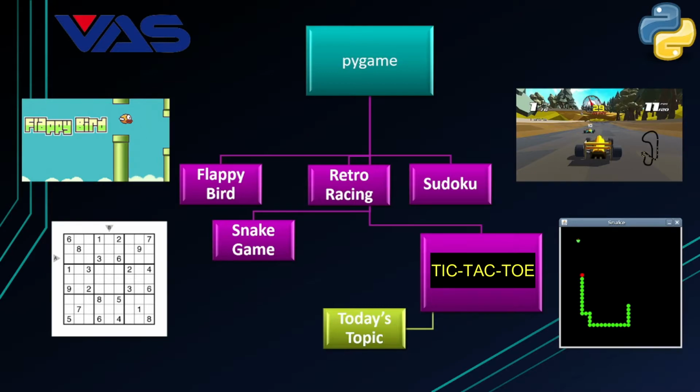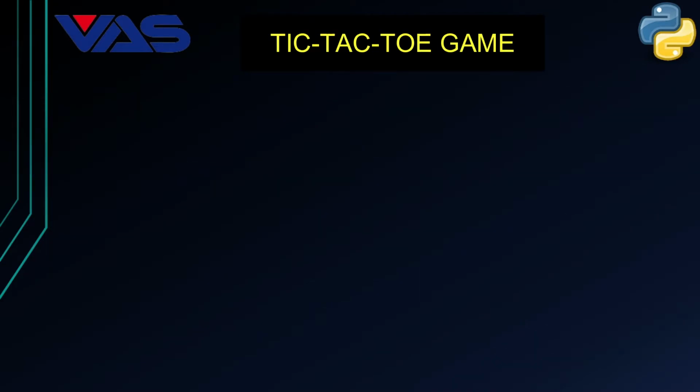We are making tic-tac-toe because all the games that you have seen are single player, but tic-tac-toe uses two players, because nobody wants to be alone. Tic-tac-toe is one of the most played games and the best time killer that you can play anywhere with just pen and paper. If you don't know how to play this game, don't worry. Let us first understand this.